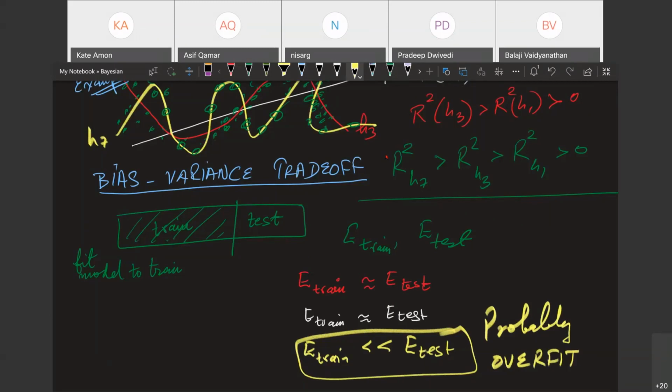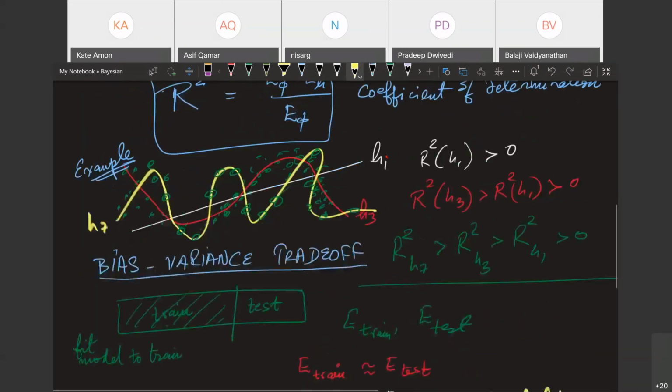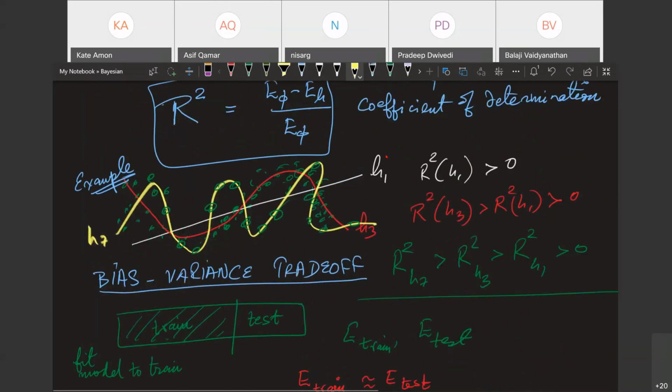Right? Now, I said that the line hypothesis, let's go back and review our bias variance trade-off. The line hypothesis, is it simpler than the ground truth? The green lines being the ground truth, the data. Would you say that the line hypothesis is simpler than the actual reality or more complex than the actual reality? Simpler, right? So it is making mistakes because it is very inflexible. It is just a straight line no matter what.